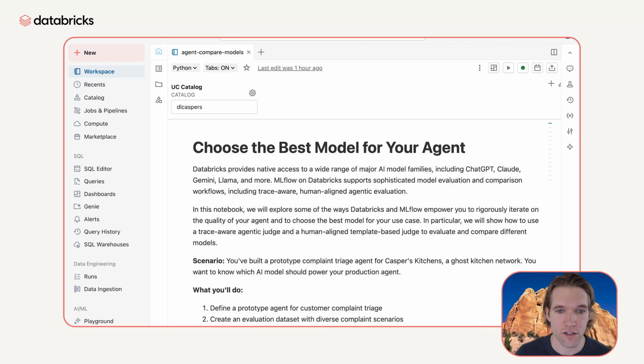We developed a complaint triage agent for our simulated Casper's Kitchen's ghost kitchen business. It can call on various tools to evaluate customer complaints in the context of actual order data. This agent is not intended to be interacted with directly via a chat interface or something like that. Instead, it's part of a broader data pipeline and provides some classification and recommendations to reduce the decision burden for